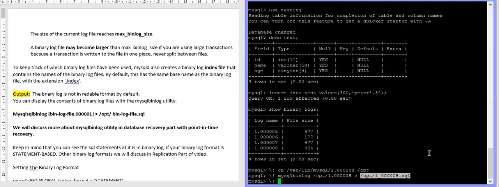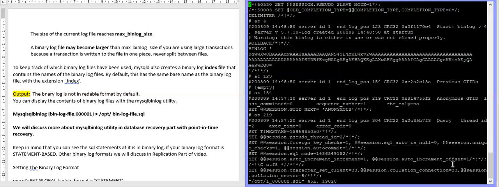If you see this file, you should find the insert into command. This is the change command, which is written to your binary log. Now I have converted this binary log into a readable format with this utility. Let's see that. There is some other information also.